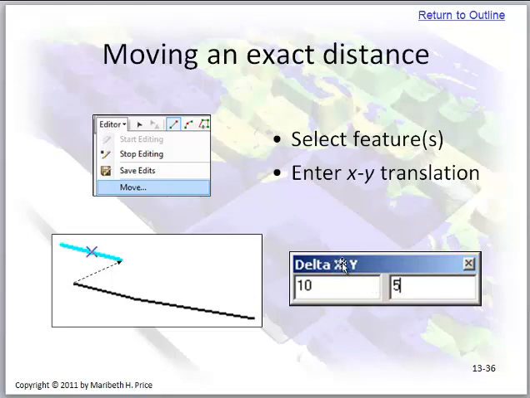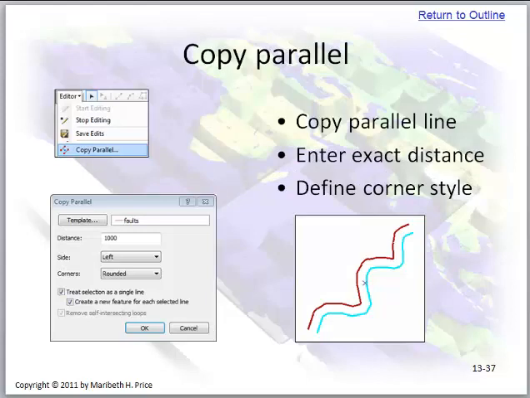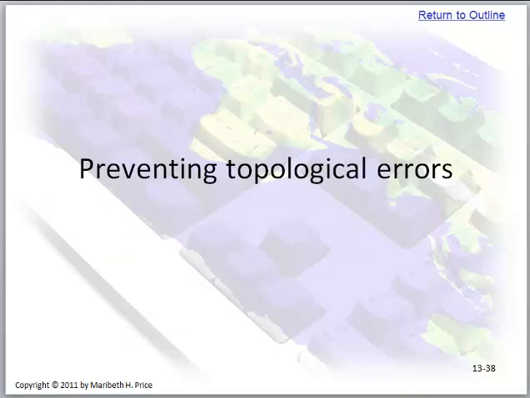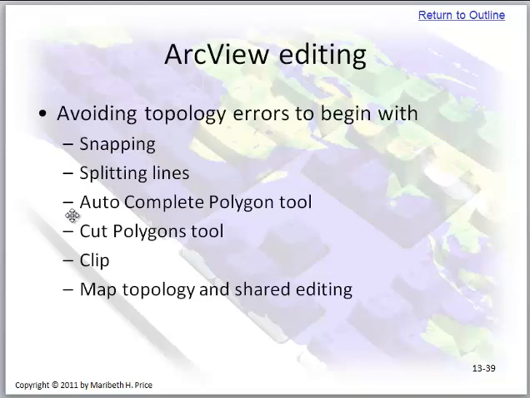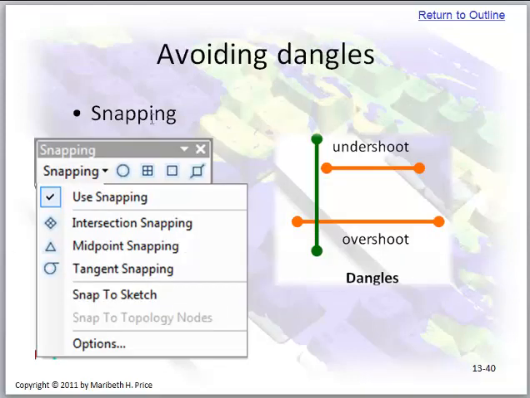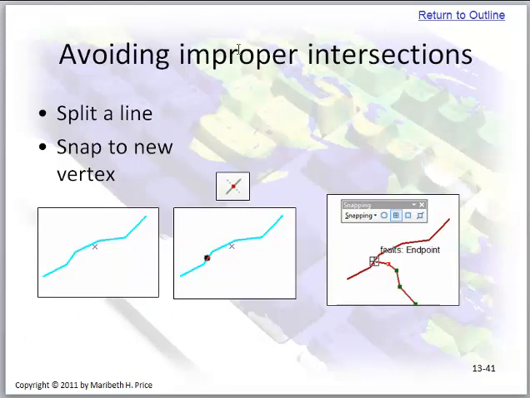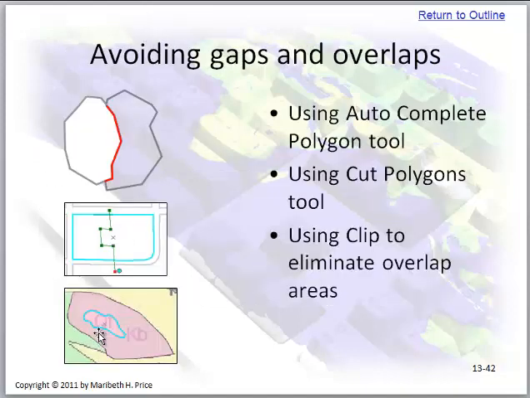Moving the exact distance. We saw this before in the editing. You could make it a certain specific distance. You can copy parallel. More preventing topological errors. We don't do anything in ArcView. Again, avoiding dangles by using snapping. Avoiding improper intersections. Avoid gaps and overlaps by using the autocomplete polygon, using cut polygons tool, or using the clip to eliminate overlap